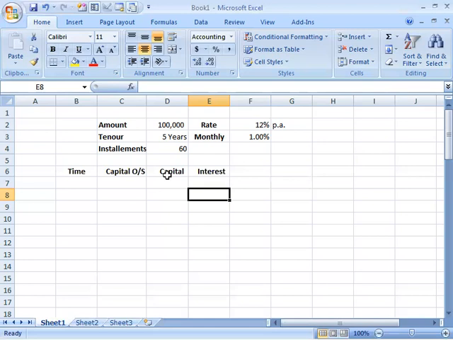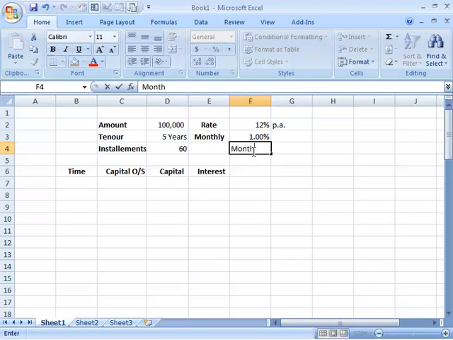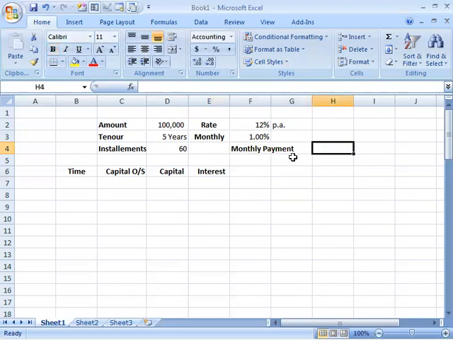So first of all, before calculating anything, we have to find the annual installment amount, oh sorry, the monthly installment amount. So how to calculate that? I will use an Excel formula. Let's say this is the installment amount. I will calculate the monthly payment here. So how do we calculate that?